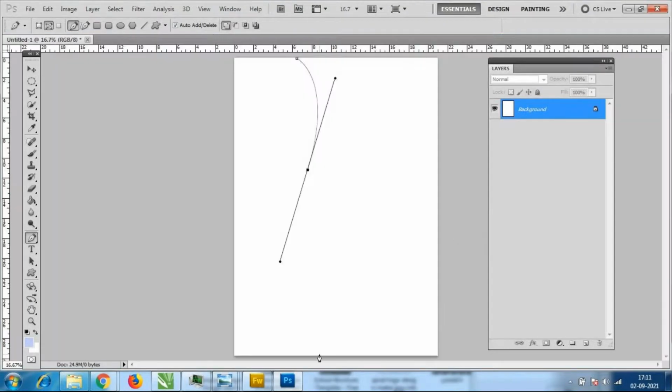See, as much as you want, you can select one more point. Now what is the problem is, wherever you want, you can select like this. It should not come inside. If it is coming inside like this, however you want, it is not possible.